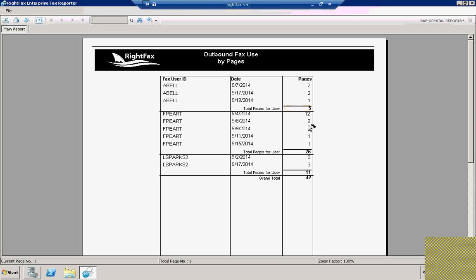The faxes are tallied for each user, and then there's also a grand total. This grand total is the number that we're going to be concerned with. So in this case, this report is telling me that for the month of September, we had a total of 42 pages of faxes sent outbound. So that's our outbound. Now we're going to go ahead and run the inbound fax usage report so that we can gather the information for the inbound